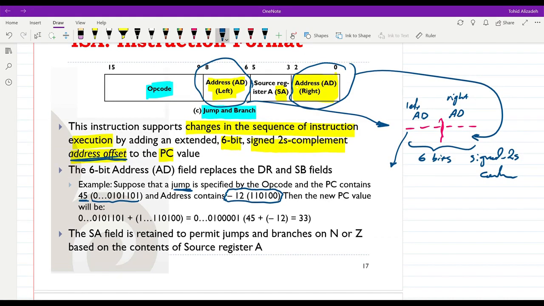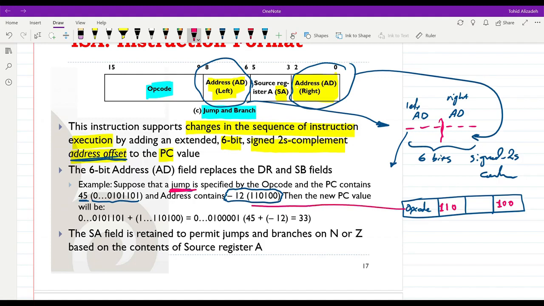This -12 comes from our instruction. Here we have 3 bits for the OP code, which determines the jump. And then the content that we have here is 110 100. Since we have the jump instruction, which has its specific OP code, as we will see in examples later,